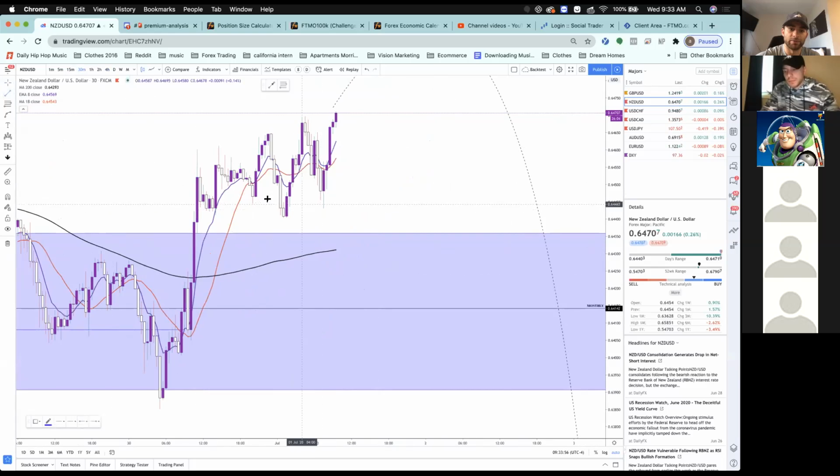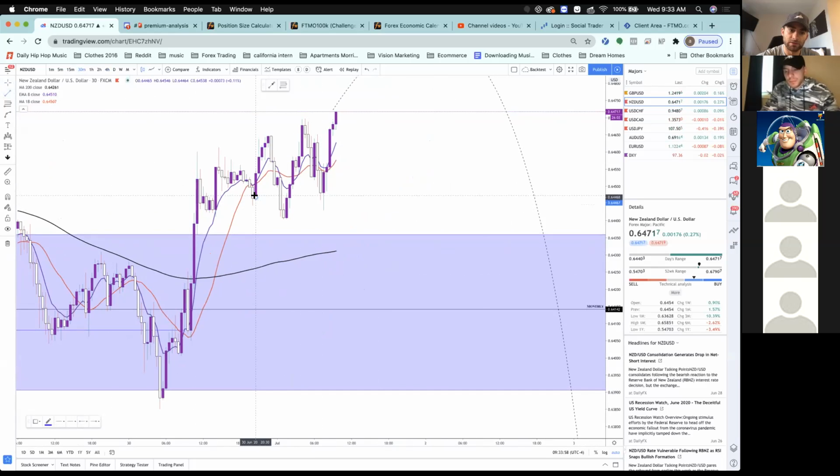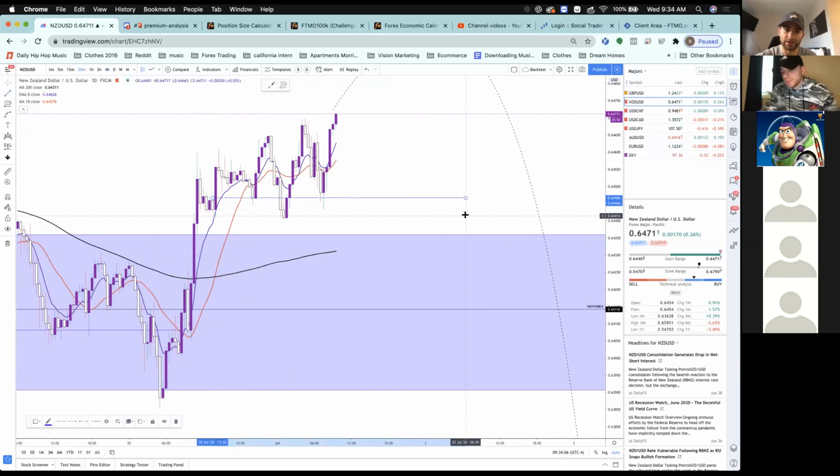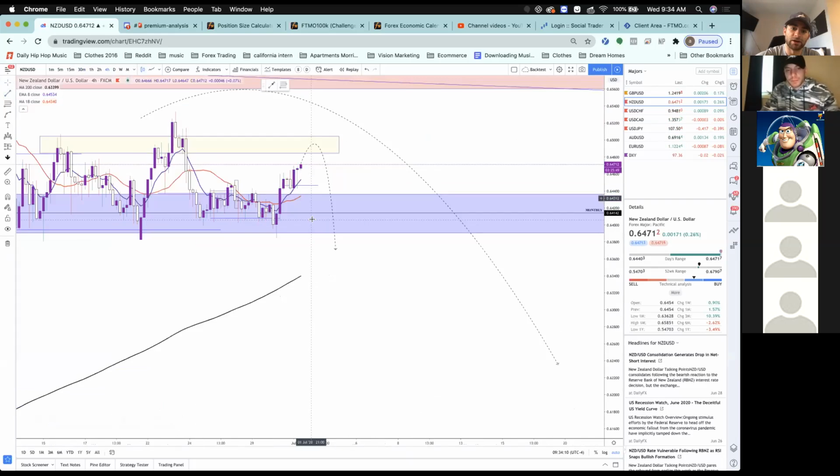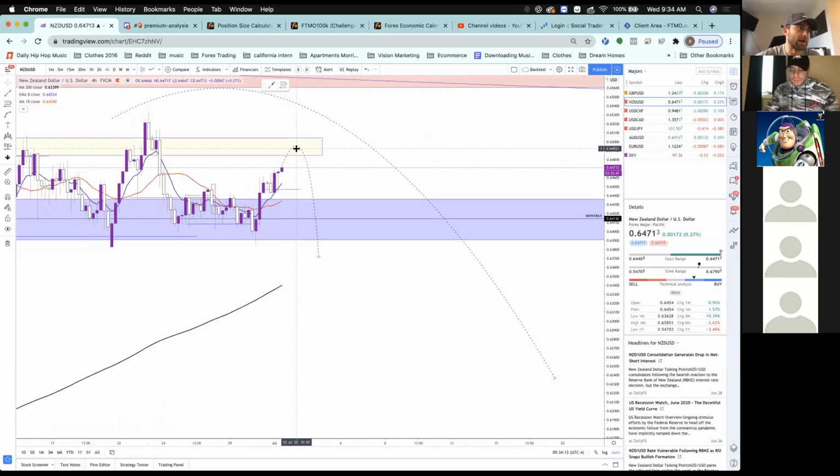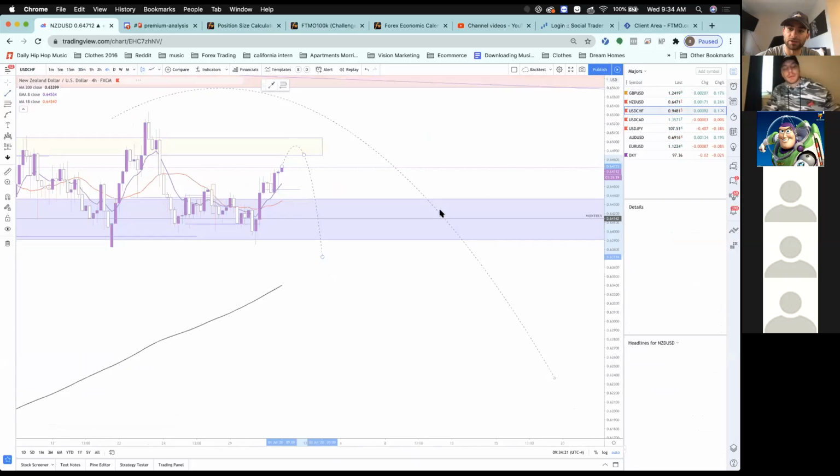So right now we would need this level to break. Let's take that off. Boom. We would need this to break right now to really get short. Obviously, it's still ascending up, so I'm forecasting that it will come into this area before we see any sort of sell-off. So that's NU, sticking on the higher time frames with this one.